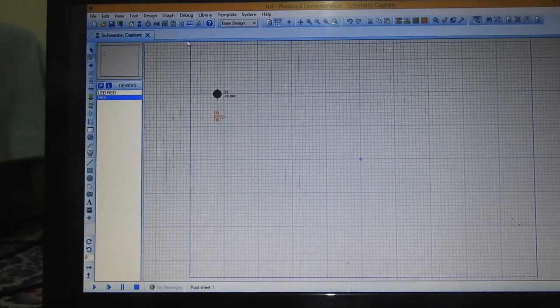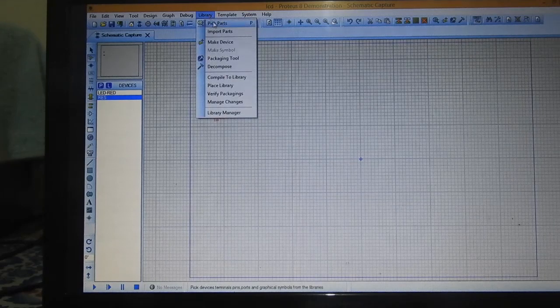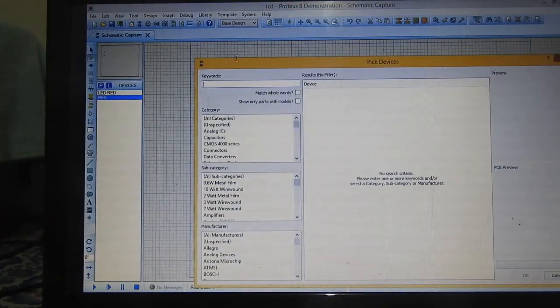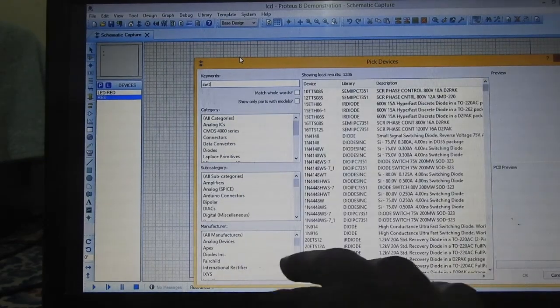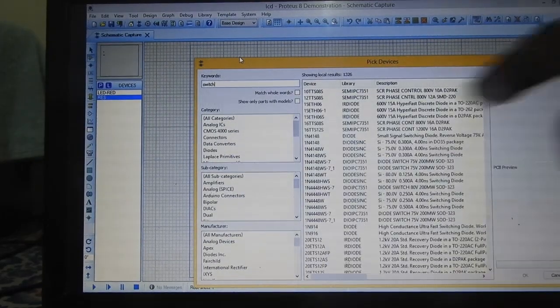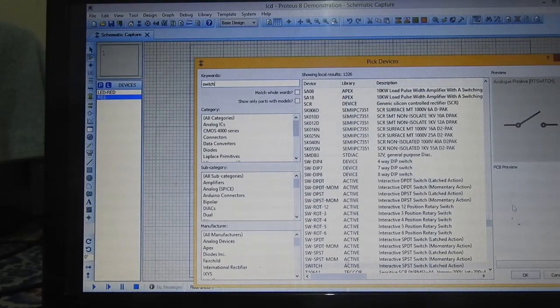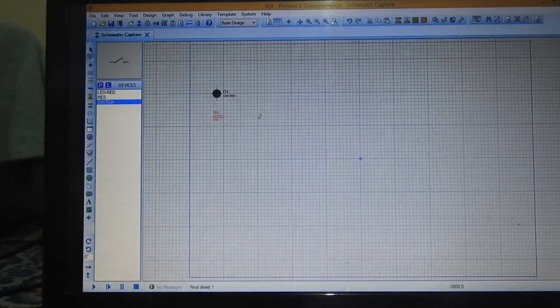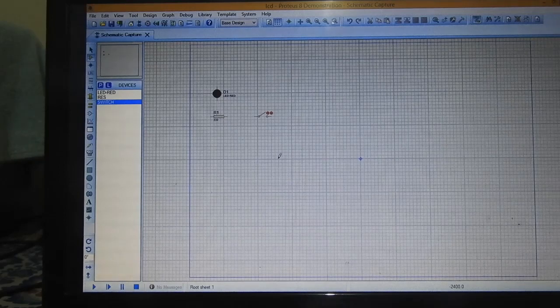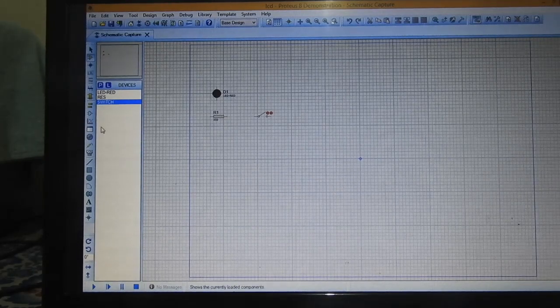Now select a switch. Again library, pick parts, switch. Now the switch has come. Give OK. And here the switch has come. Now we have to select a volt source. For that,